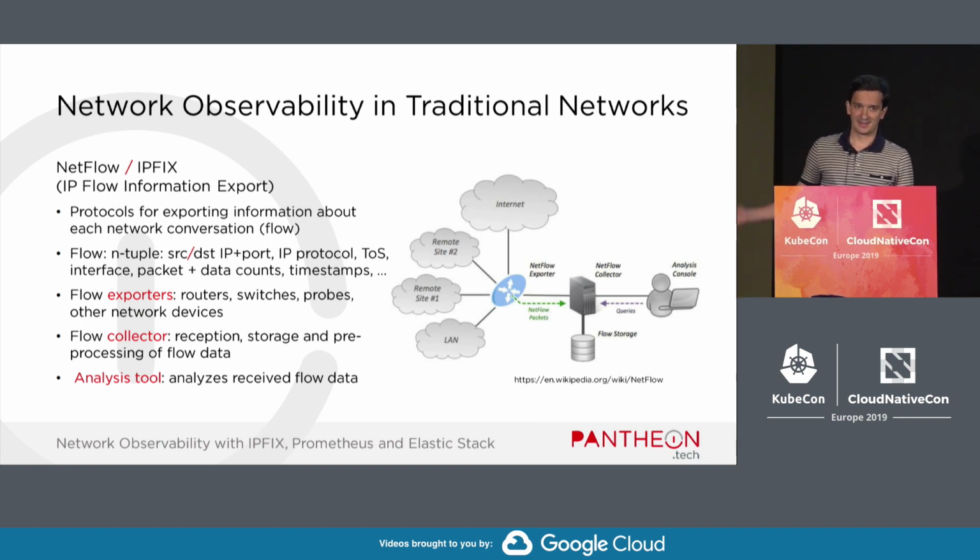And if I said that metrics are not enough, so what would be a solution to the issue? In traditional networks, we used protocols such as Netflow and IPFIX. I would just ask how many of you have used Netflow or IPFIX in the past? Okay, like a third of the people here. That's nice. So for the rest, what Netflow and IPFIX essentially do,